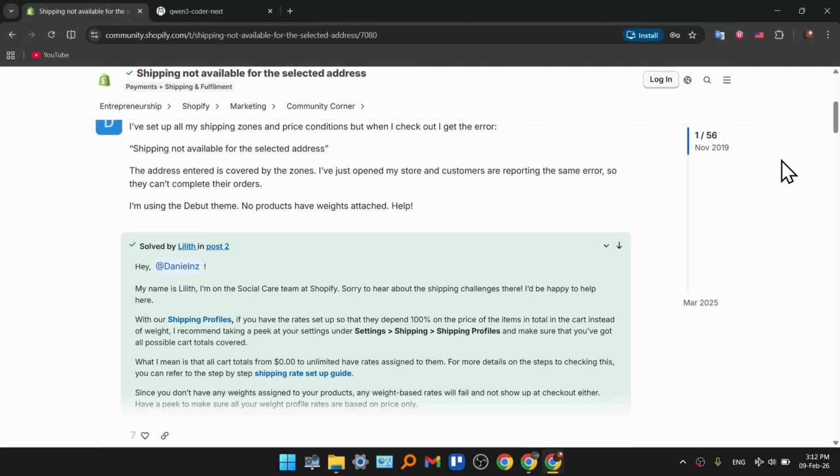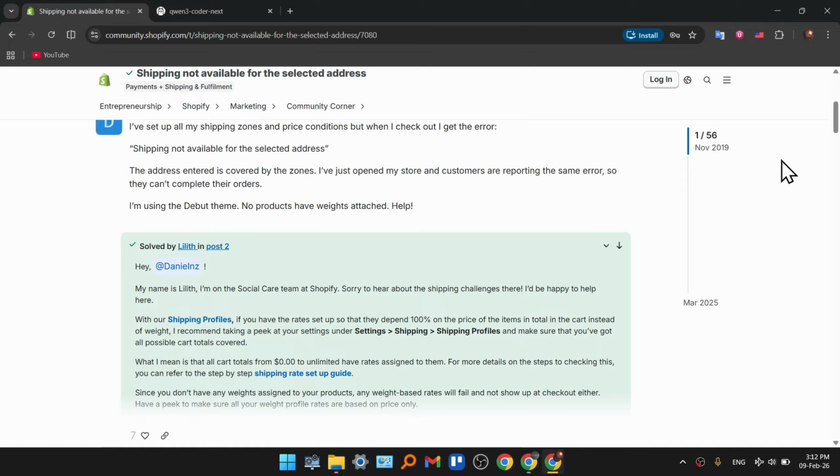Then, what else do we have? We have another reason, which is a product not assigned to a shipping profile. Each product must belong to a shipping profile. If the product isn't included in a profile that has rates, Shopify can't calculate shipping. And even if the zone exists, if you didn't add a flat rate, free shipping, or carrier rate, checkout will show